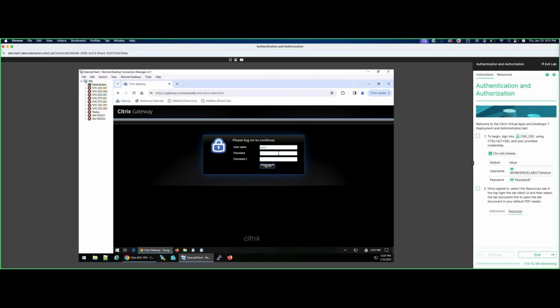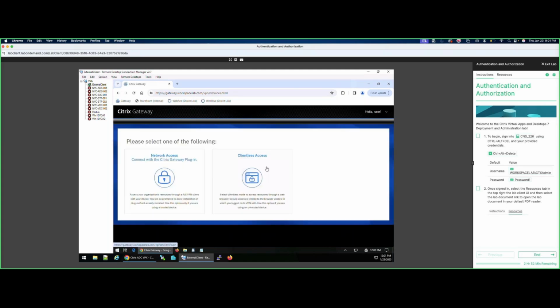You see password. This is for the radius, Citrix 456, and this is for the LDAP, password number 2, which is Citrix 123, and I will log in. So this is two-factor authentication, right, sir? Yeah. Okay, I'm going to log off